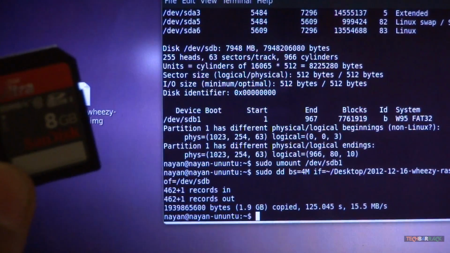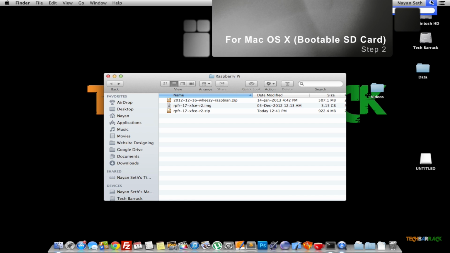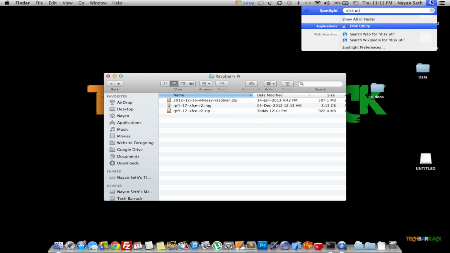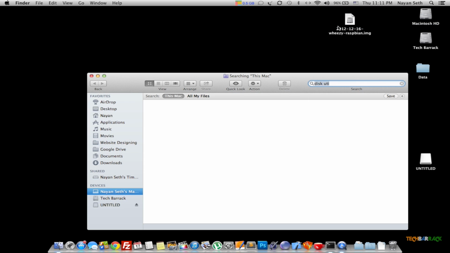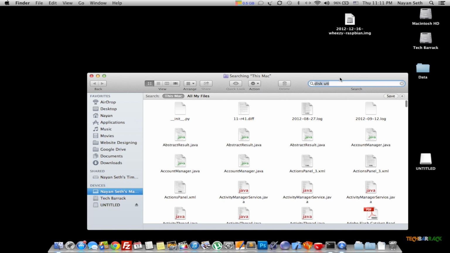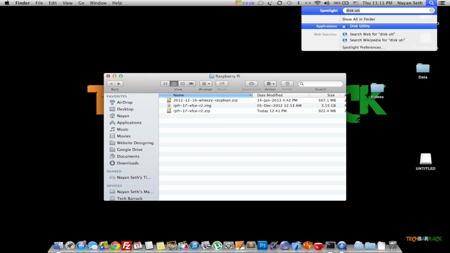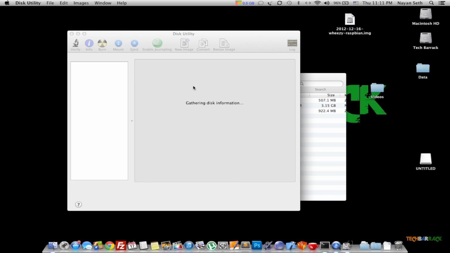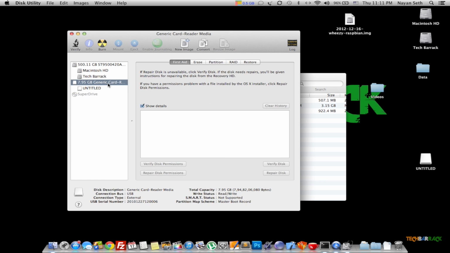Ubuntu operating system. In order to make your SD card bootable, if you're using a Macintosh, you need to first connect your SD card to your Macintosh. Then go to the Spotlight and search for disk utility. Open disk utility. Again go to the Spotlight, search for disk utility. Open the application disk utility, and in disk utility you will have the SD